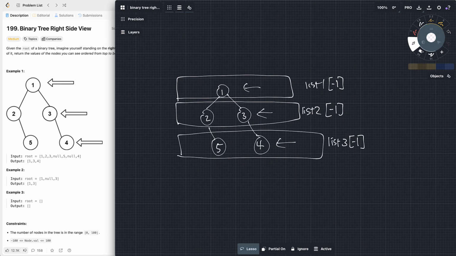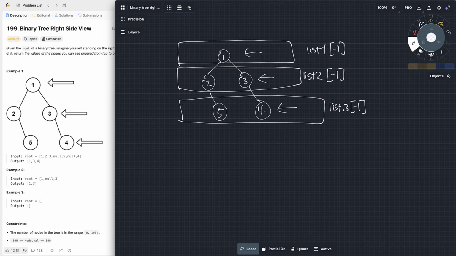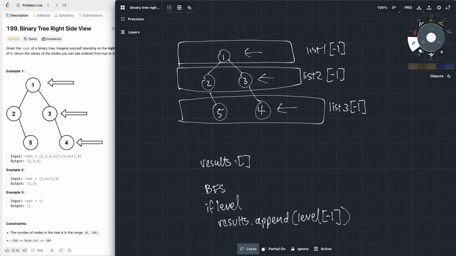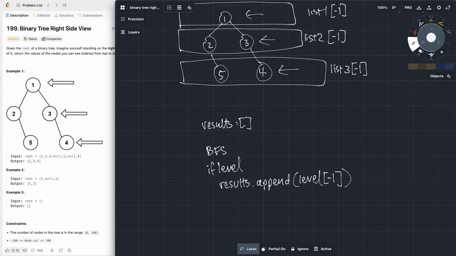So when you're thinking about the code, we're just thinking about how to create these lists, right? So let's say you had a results array here and you wanted to do a breadth first search. You would do BFS, and then for each level you would results append whatever's at that level at -1, right? If there is a level. So if there's a level here, then results append, right? And that's really the crux of it. And we know how to do BFS,